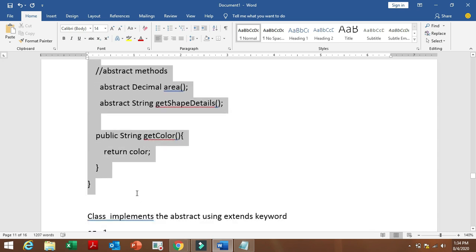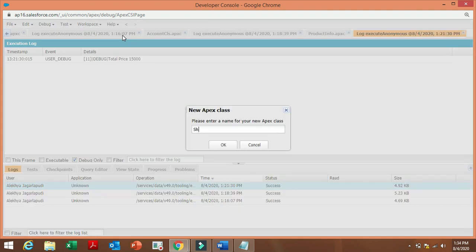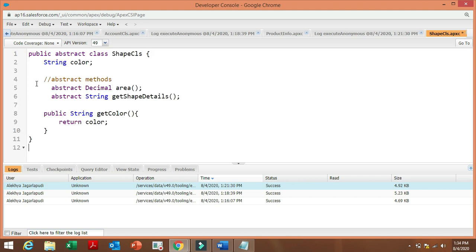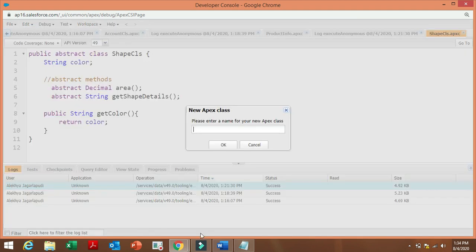Okay, let's take this class now. In the anonymous window, abstract decimal area, public string color. Let's save this. So it is saved.